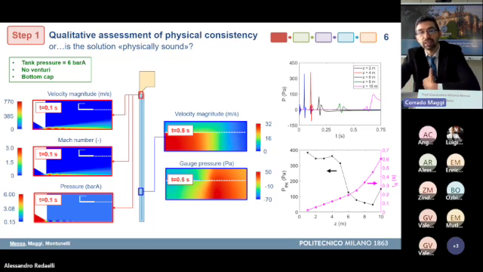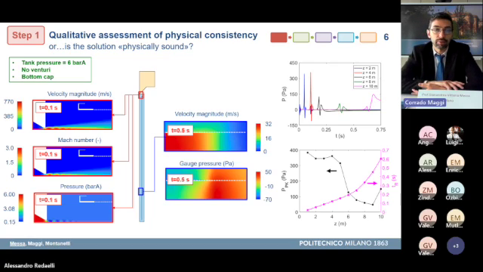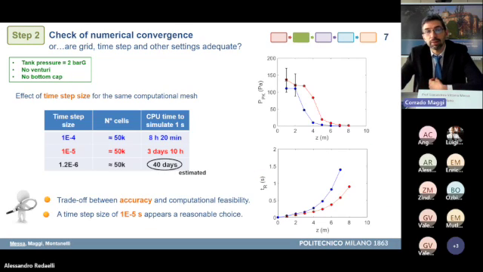Then on the right part of the slide, you can see in the top part the pressure histories at different locations along the bag. And so Z 2 meters, 4 meters, 6 meters represent the distance from the entrance of the bag. And you can clearly identify the pressure peaks. Then if you join the pressure peaks for all the sections and the corresponding arrival times, you get the 2 curves on the bottom right corner of the slide, which are the most important curves for evaluating the cleaning efficiency.